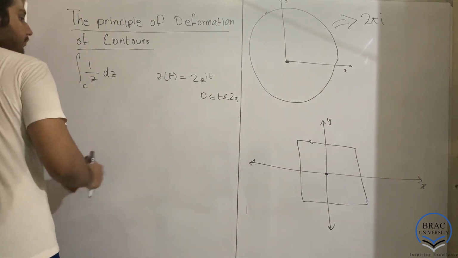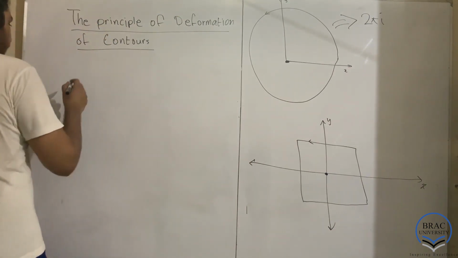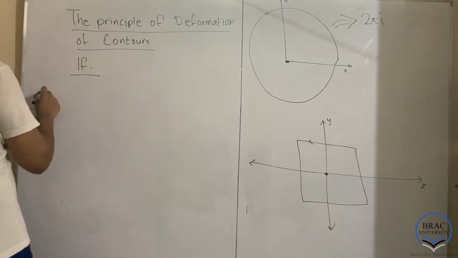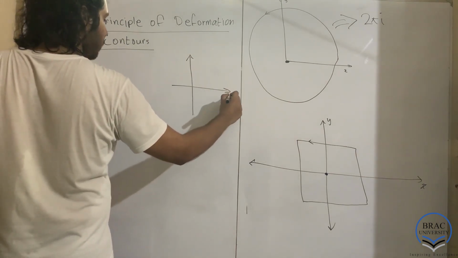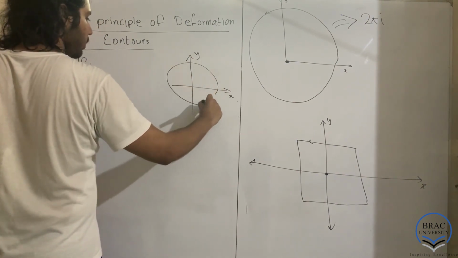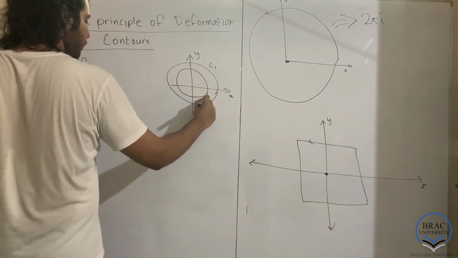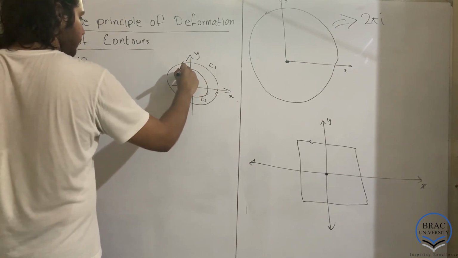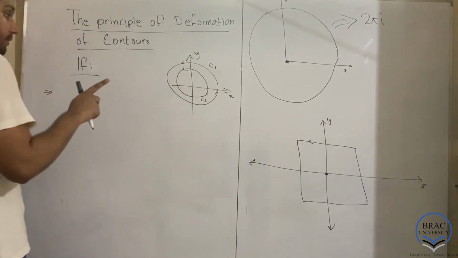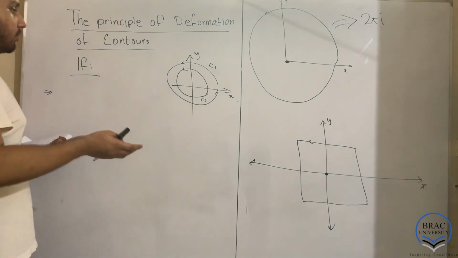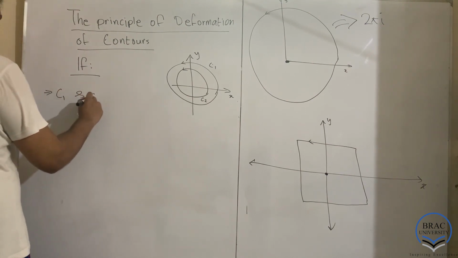So, if you have, say, a contour C1, okay, let me denote a contour C1, and interior to this contour is another contour C2, both of them positively oriented. Now, if we have these kind of structures where we have one contour inside another contour, or more contours inside other contours, if C1 and C2 are